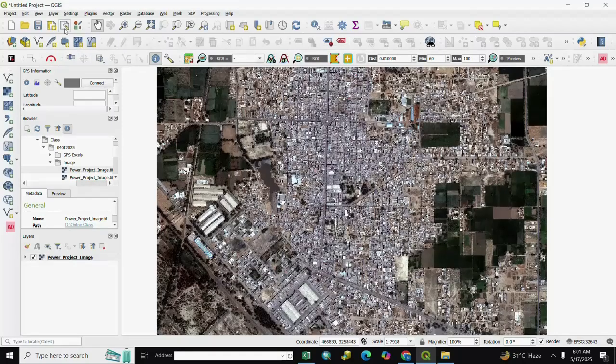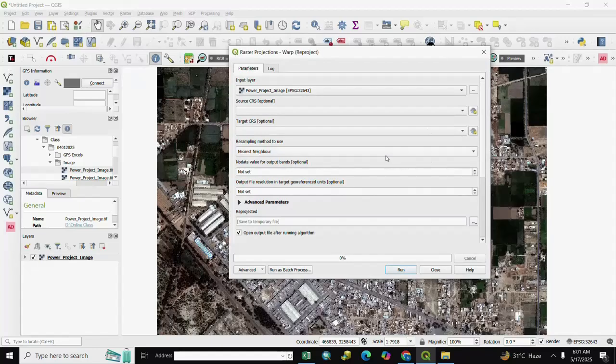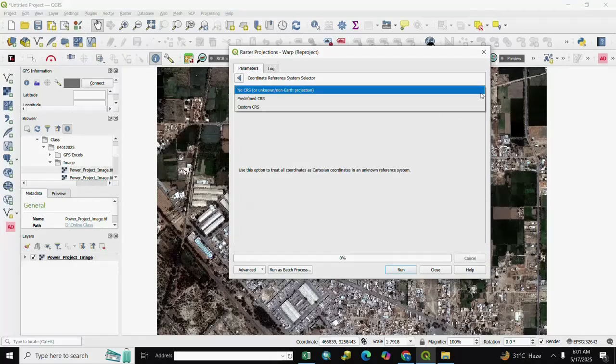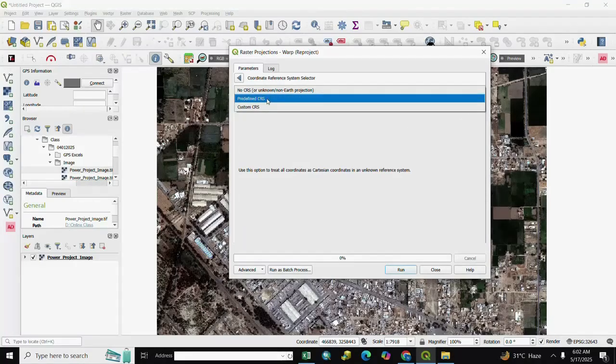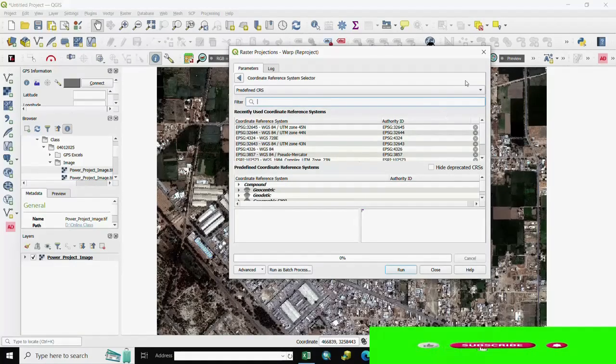And if you want to modify or reproject your image projection, you go again to Raster, Projection, and Warp (Reproject). We select it here, and here is your input layer, meaning the raster image, and the output CRS, your input file projection. You select it here and after it